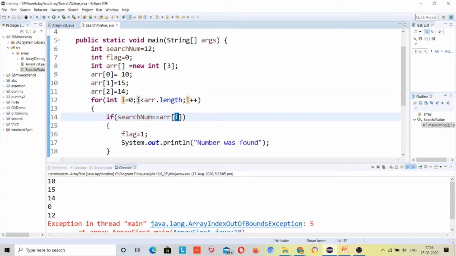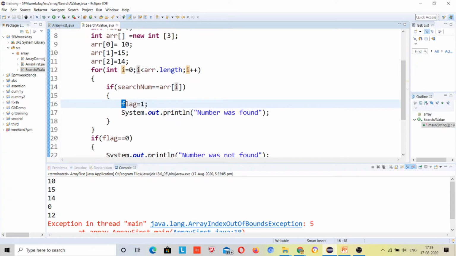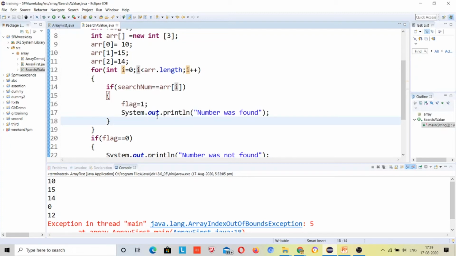It will check whether arr[0], 10, is equal to 12. No, the value is false, that's why it will not come inside this if block. Again it will go back to this i plus plus, so i current value will be 1, 0 plus 1.